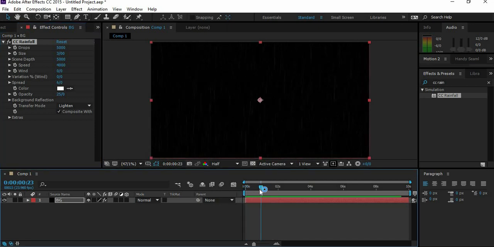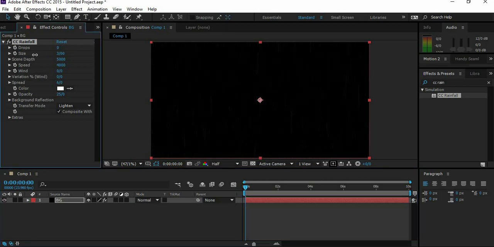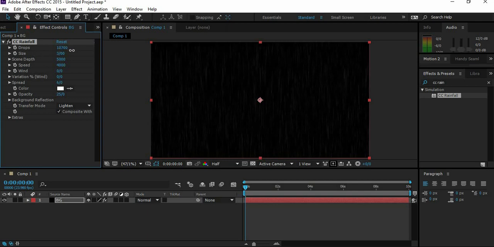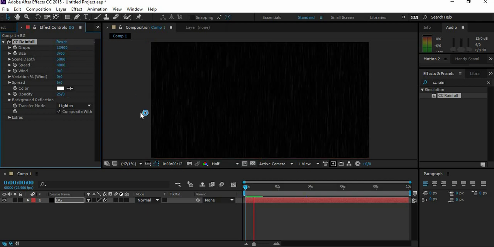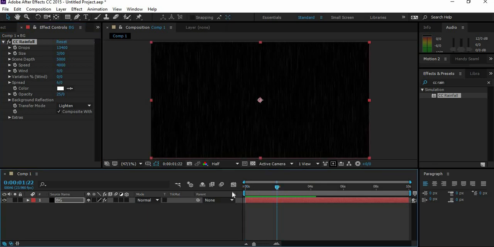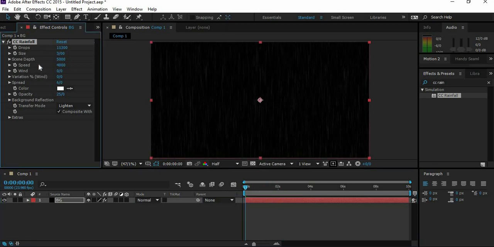Okay, you see a number of options in this section to use. Drops indicates the number of drops. You can increase and decrease this option. Press spacebar to start. Okay, the size